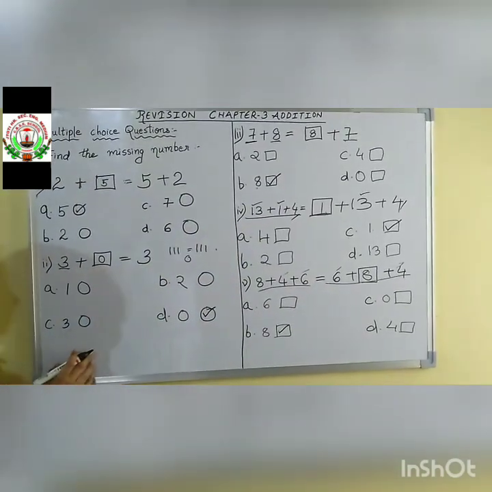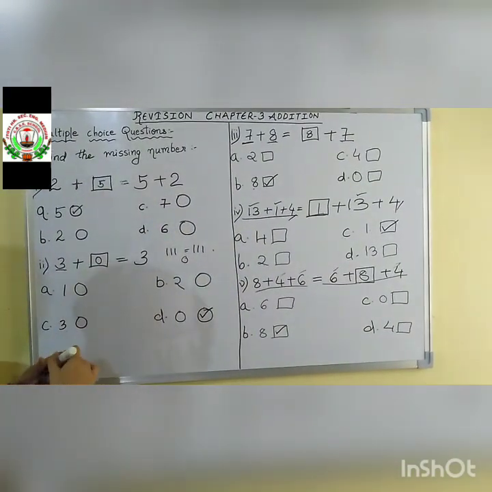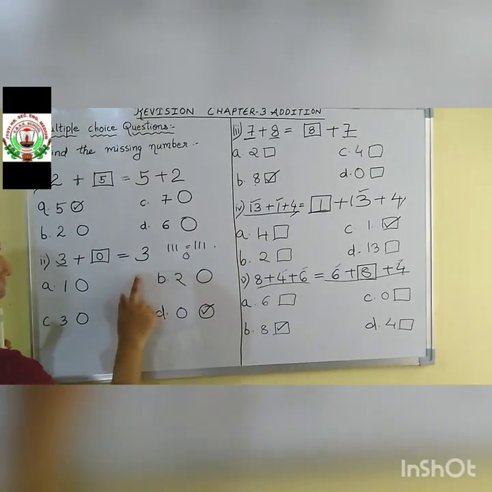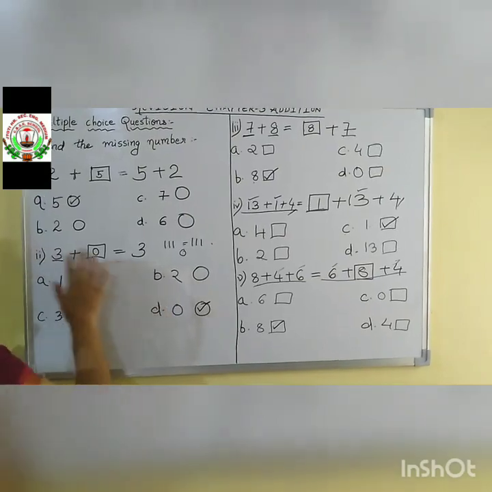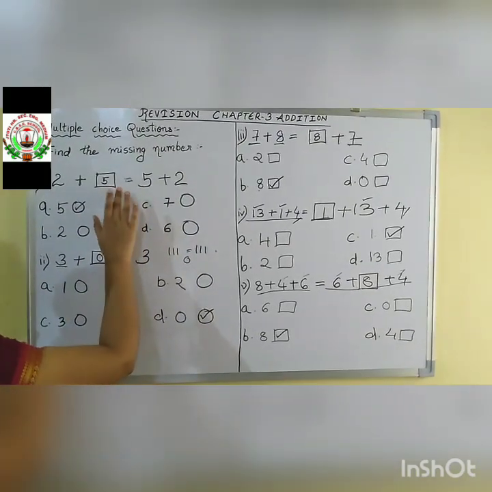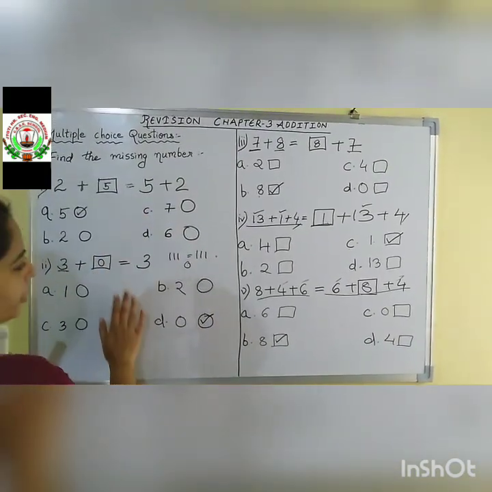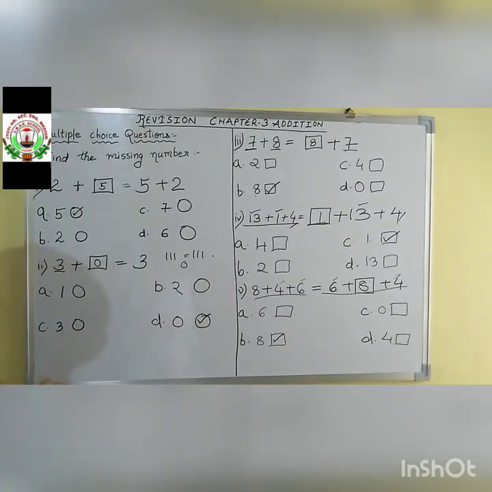Okay, this much is completed for the missing number. So you have to do the addition questions of missing number like this. You have to find from the options A, B, C, D, whatever. Compare both the sides and see which number is missing. Accordingly you will solve these types of questions.